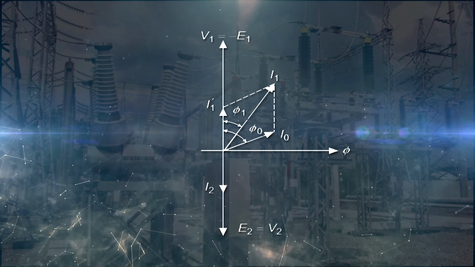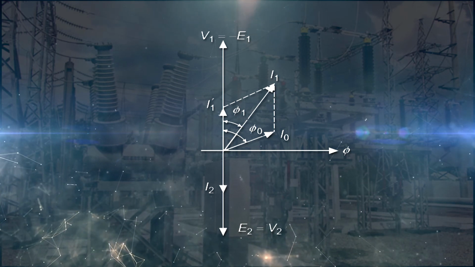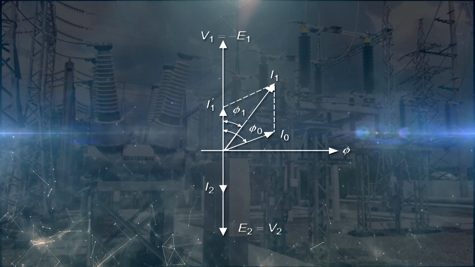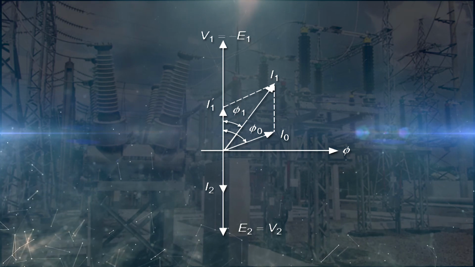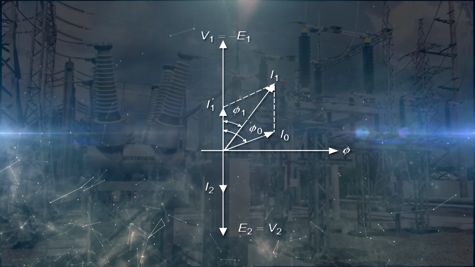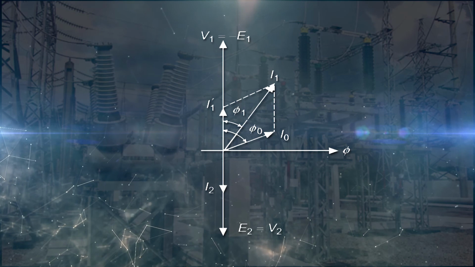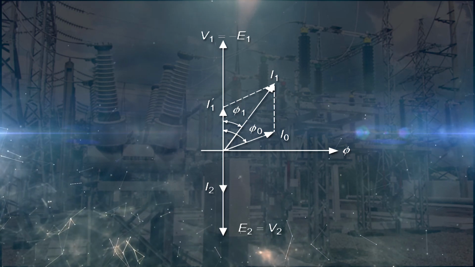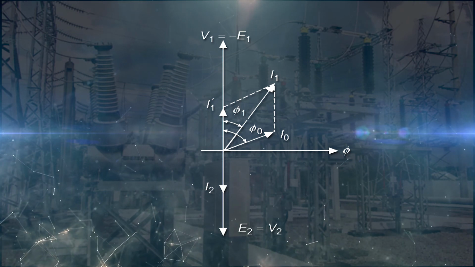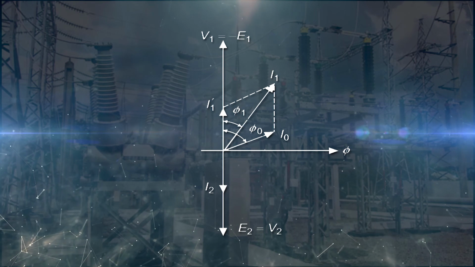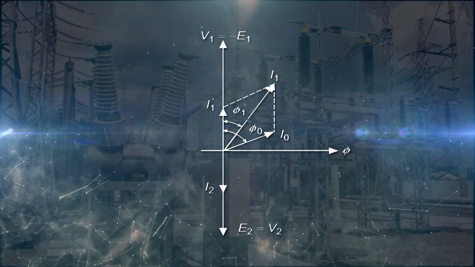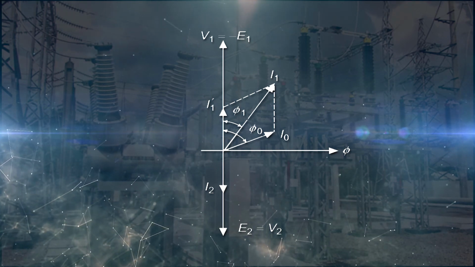Now due to this I2 current, another current flows, that is a counterbalance current I1 dash. This I1 dash is useful to counterbalance the additional flux which was produced due to the flow of the current I2. Here you can see I1 dash is just opposite to I2, which has been shown on the vertical axis. The net current flowing at the primary side, I1, is the phasor sum of current I1 dash and I0 current.